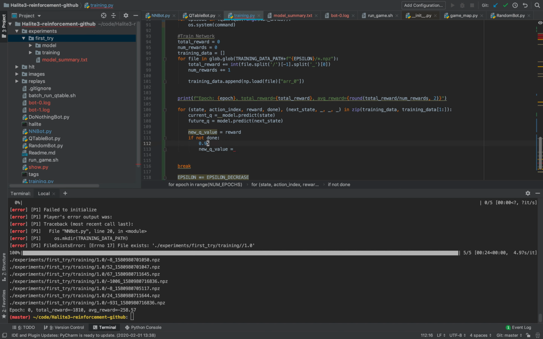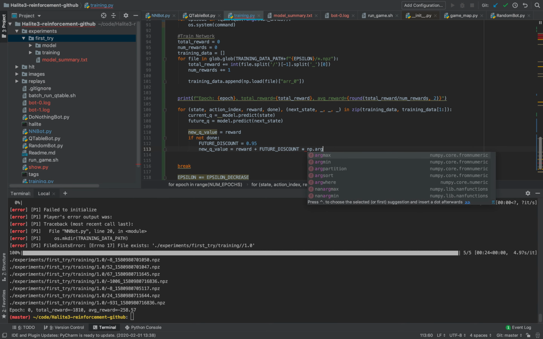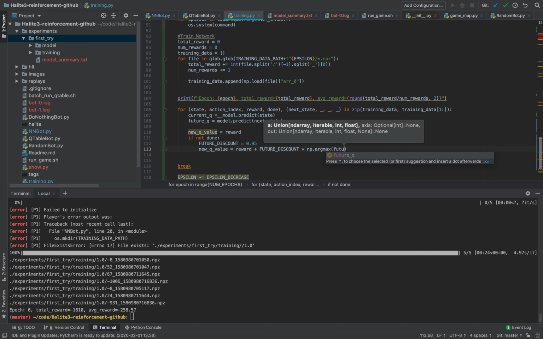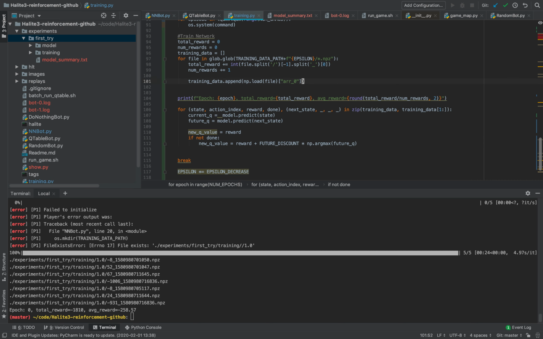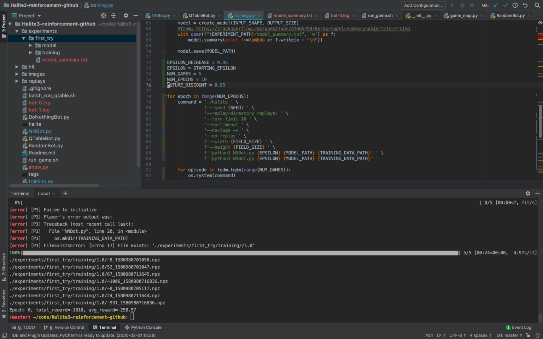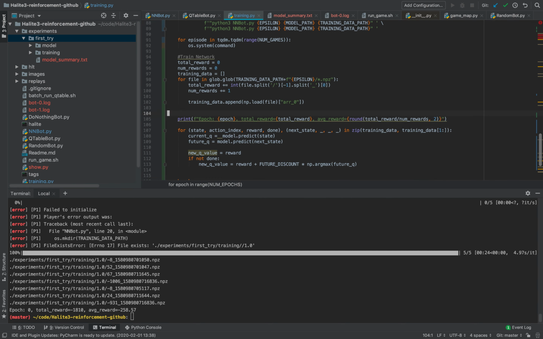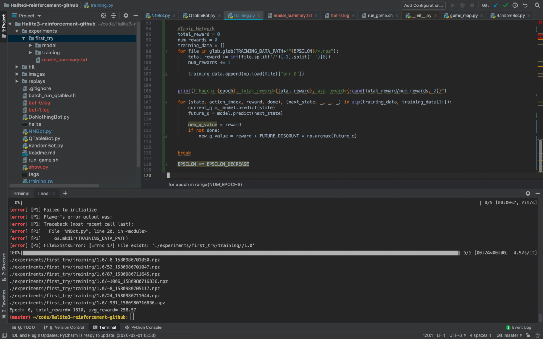It's immediately reward plus future discount times np max future Q. So this is, I think, the same as we used for the Q table. Now we just use the Q values from our network, and then we